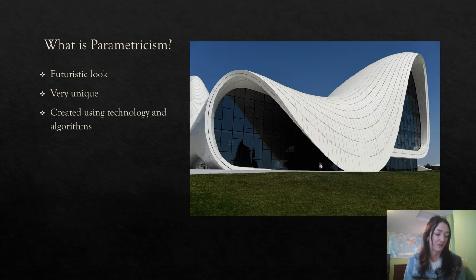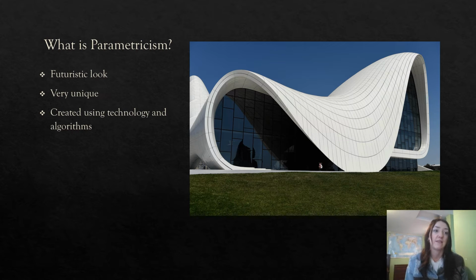Alrighty, parametricism architecture has more of a futuristic look to it and incorporates very unique and individual design layouts. Parametricism incorporates the interior design into the structure of the building. So it's not symmetrical or uniform in any sense, as you can see, but parametricism is designed using algorithms and technology,